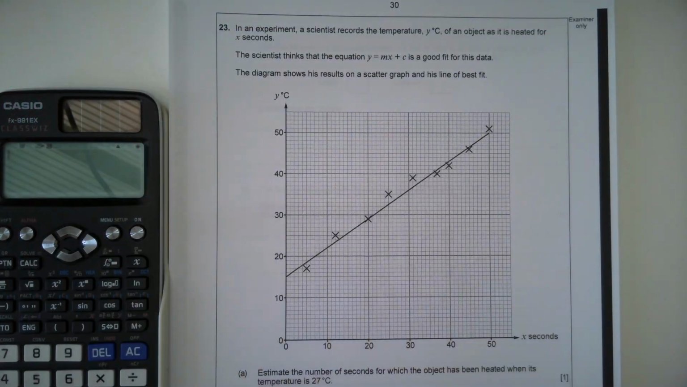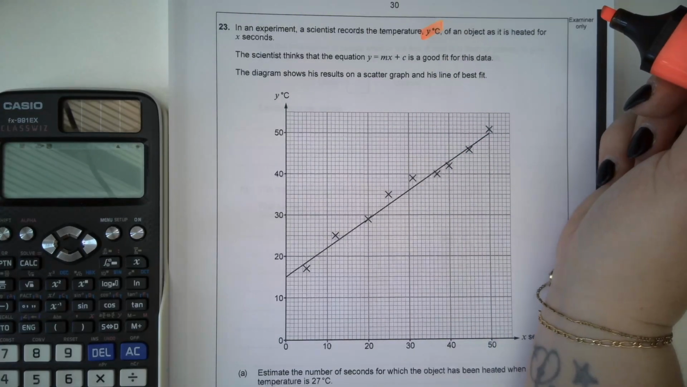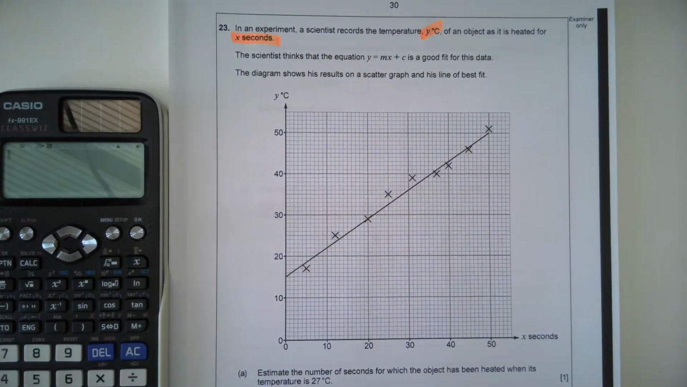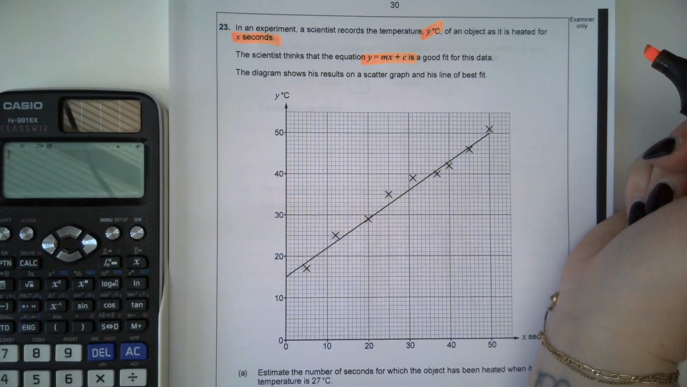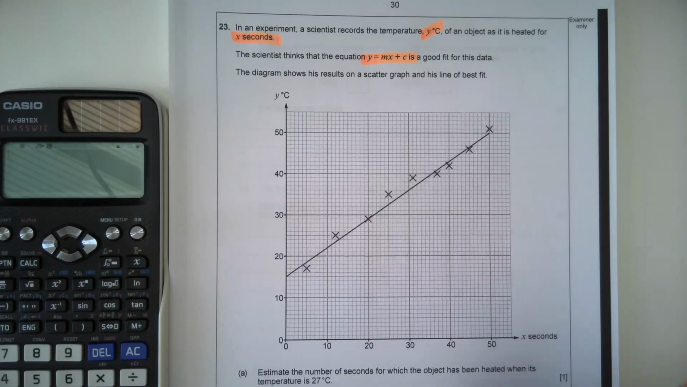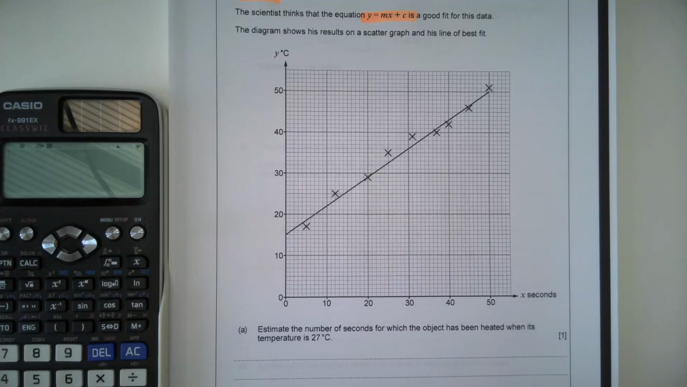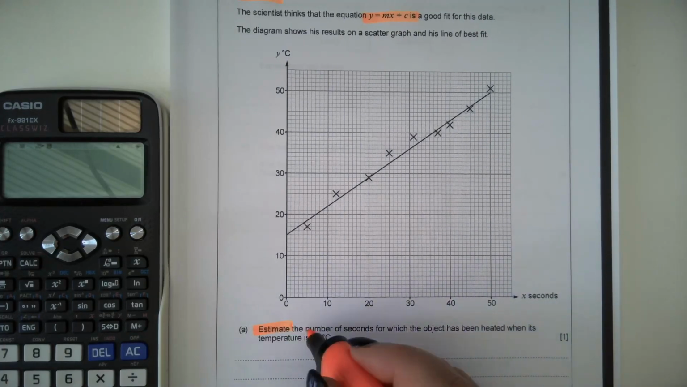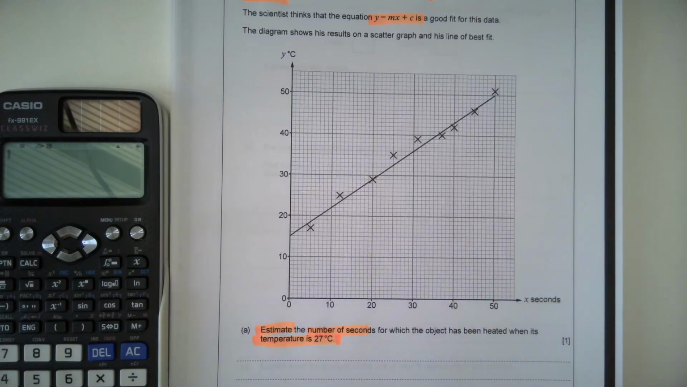Question 23. In an experiment, a scientist records the temperature y degrees Celsius of an object as it is heated for x seconds. The scientist thinks that the equation y equals mx plus c is a good fit for this data. The diagram shows his results on a scatter graph and his line of best fit. Part A. Estimate the number of seconds for which the object has been heated when its temperature is 27 degrees